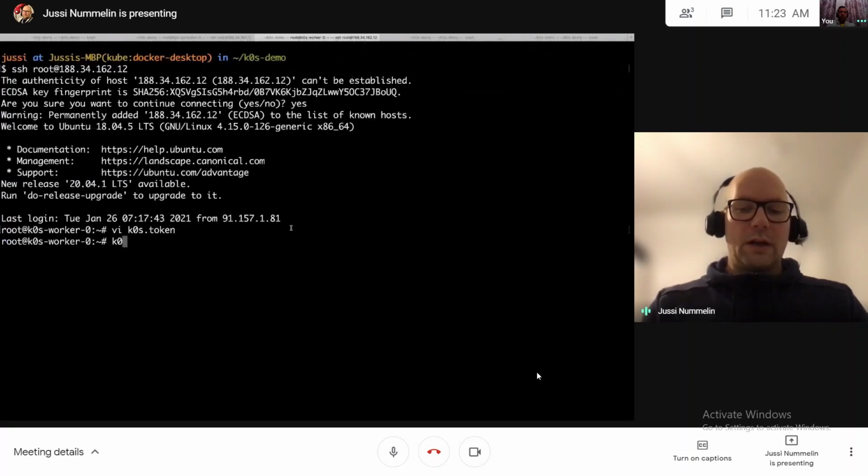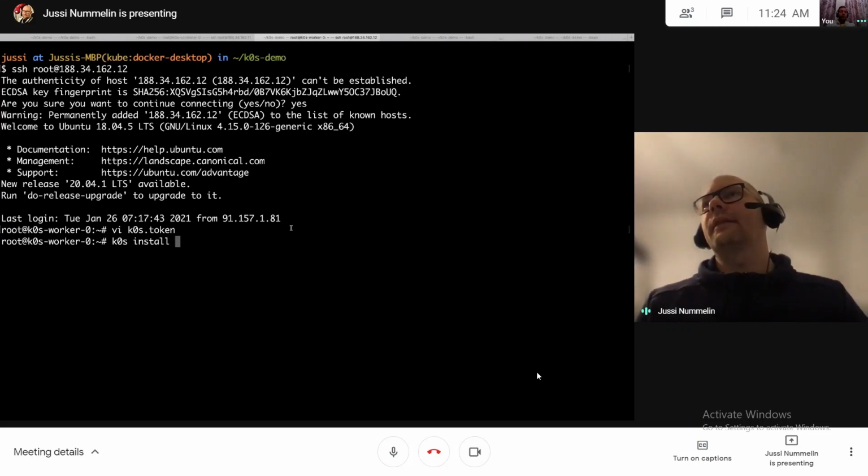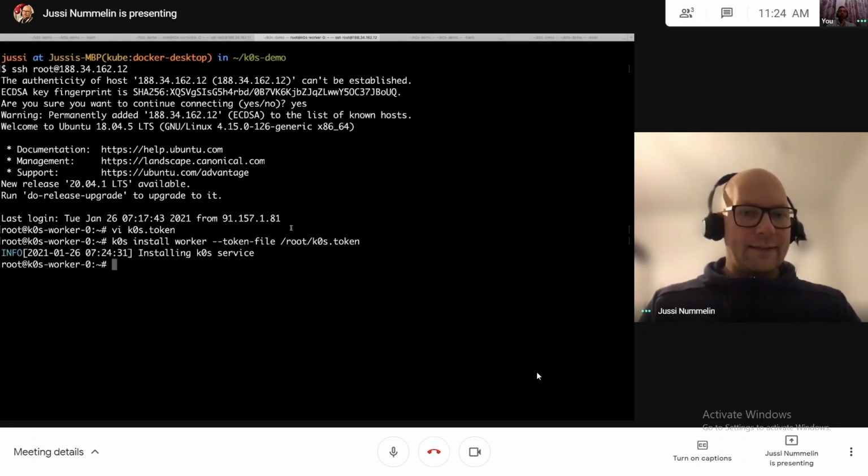And then I'll again install. I want to have the systemd services for K0S, so whenever the node boots, K0S will boot with it. So K0S install worker, and I get the token file from /root/k0s-token. Of course, you have better places to put these sort of files, but it's here now, and that's it.